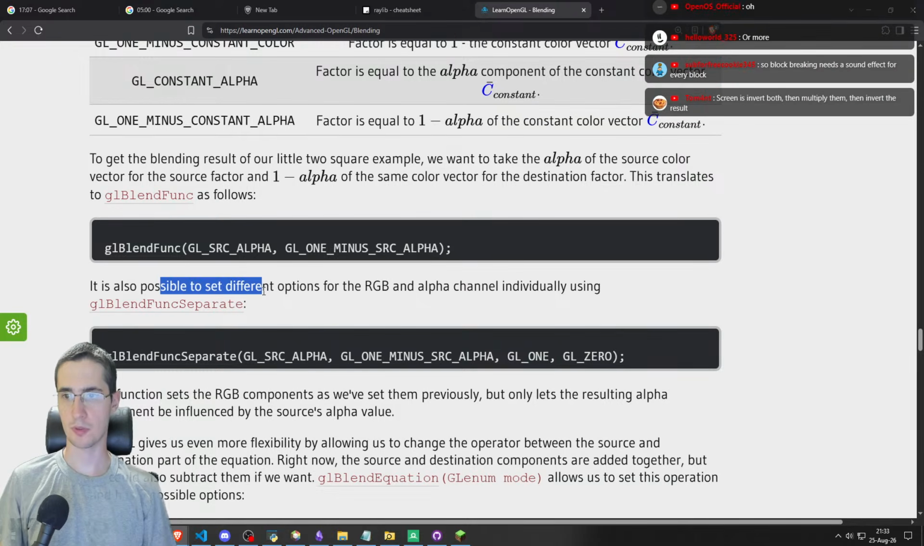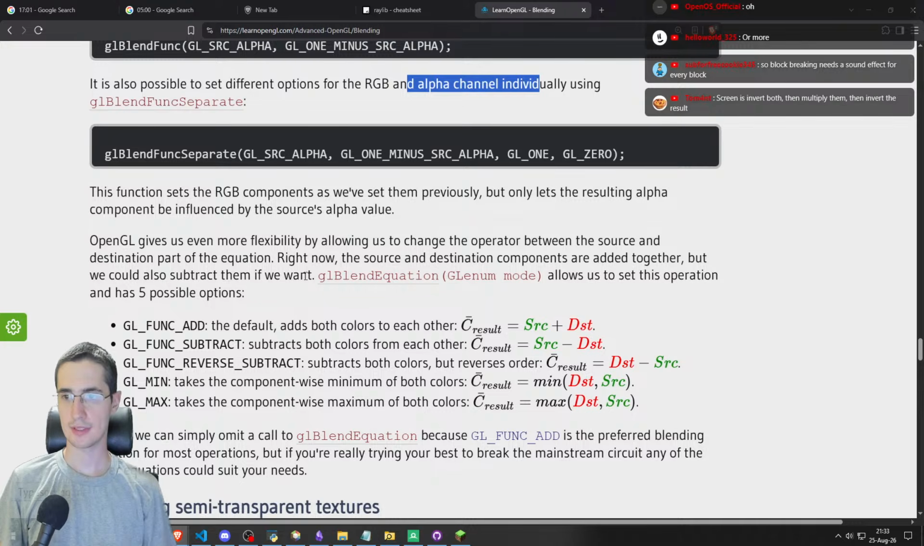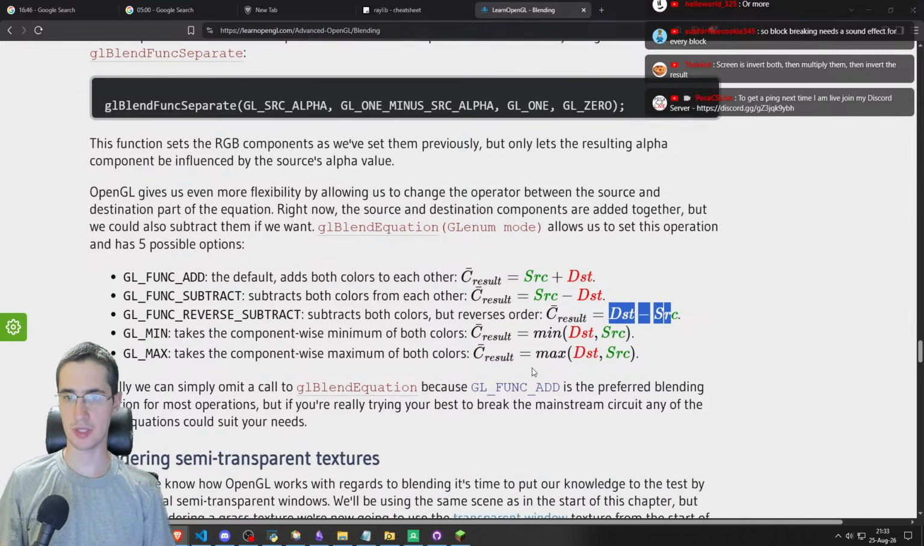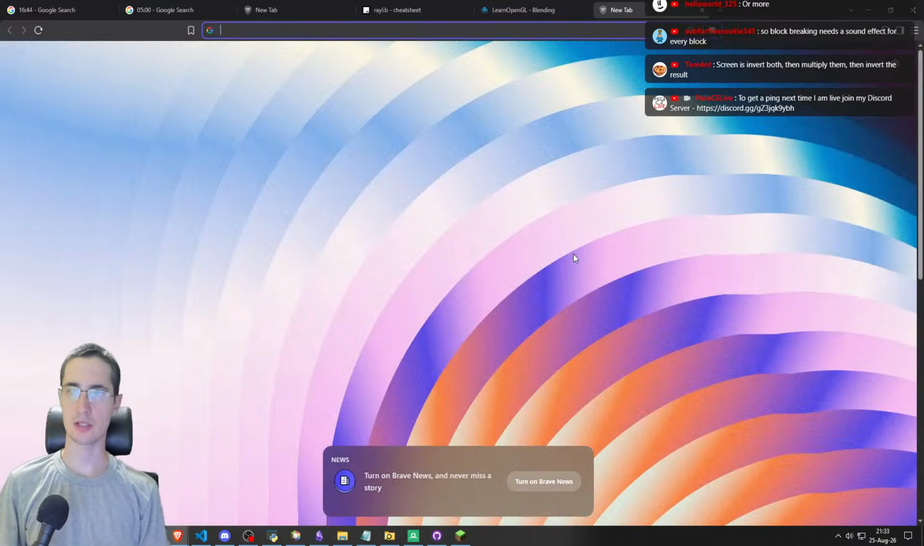Is it possible to set different options for the RGB and alpha channel individually? Oh, here it adds source and destination. We can subtract source and destination. We can reverse the subtraction. We can take the minimum. We can take the maximum. Okay, let's look at